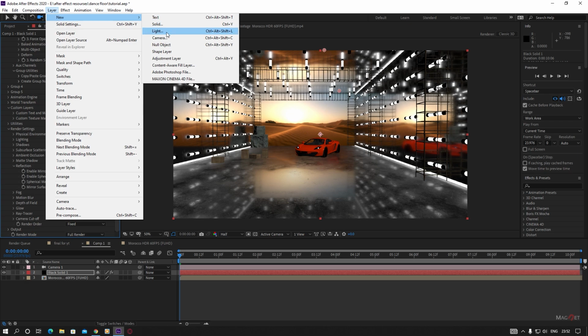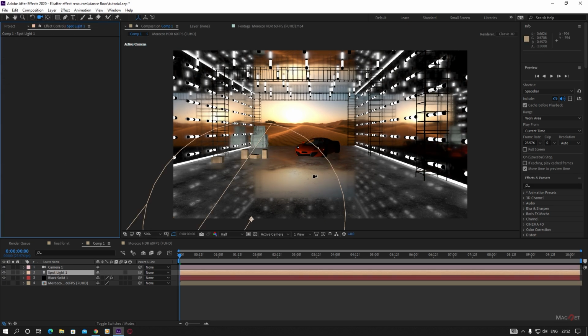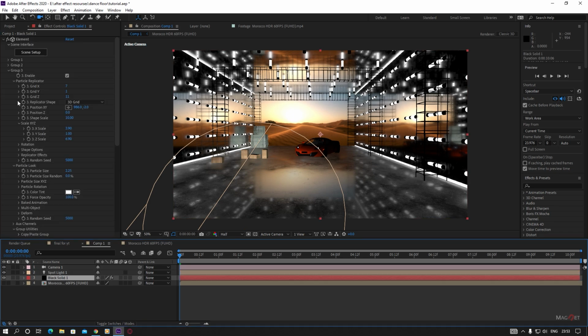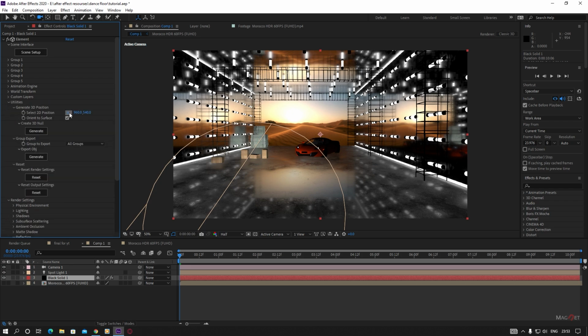So create a light, and we're using a spotlight, and just hit OK. And then we place the spotlight at the upper right corner and the left corner. Okay, so select the element layer and go to the utilities, and then we select this 2D position at this corner here